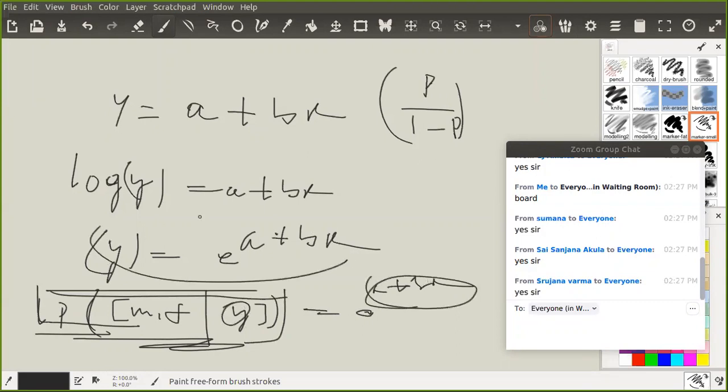Given this model, something like this. Now what happens? This is a maximum likelihood for this probability of m comma f. That is going to be p by 1 minus p, which is equal to e to the power of something like that. This is actually the theory behind logistic regression. Now let us go back. I just wanted to tell you this because it is not